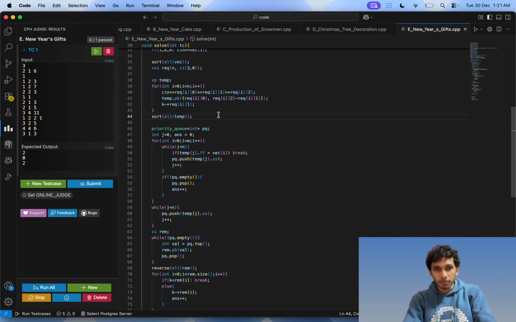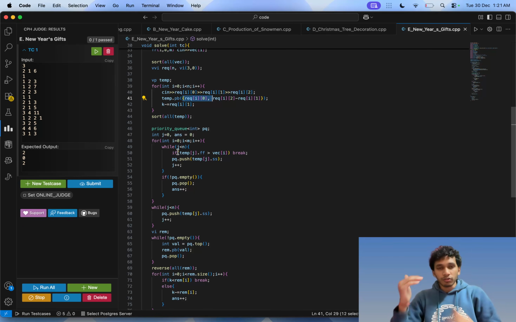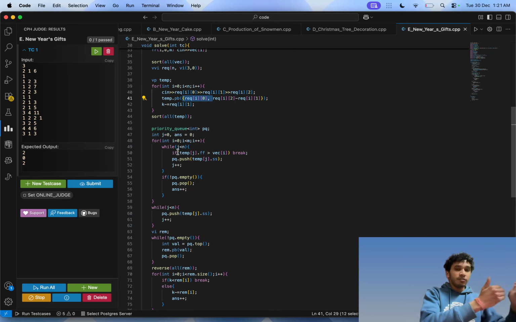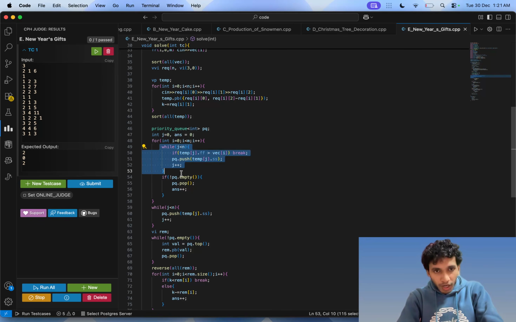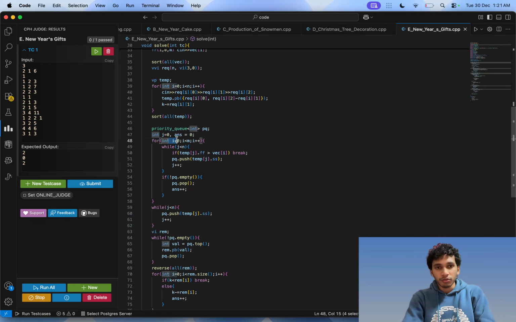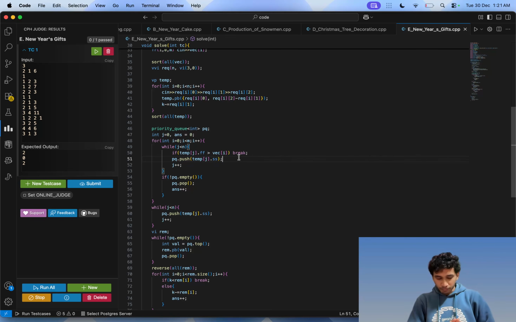We sorted the temp, which has as first value the number of beauty required to make him happy. So the friend with the smallest amount of beauty required comes first, and all the friends that can be satisfied using the first gift, we have them using this loop and insert their number of coins required using a